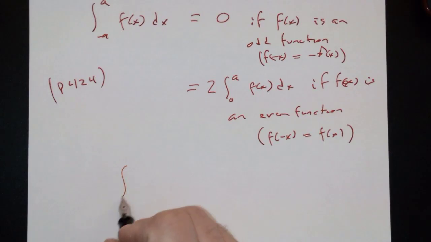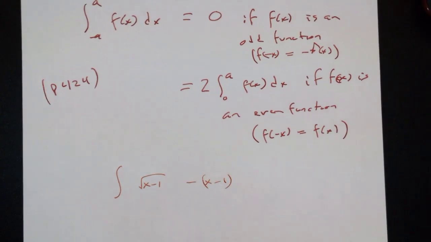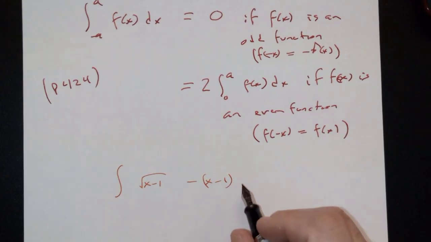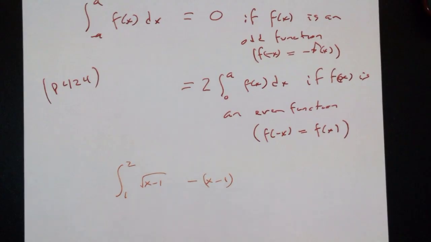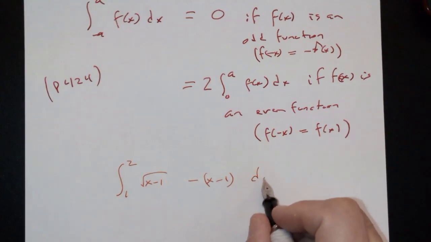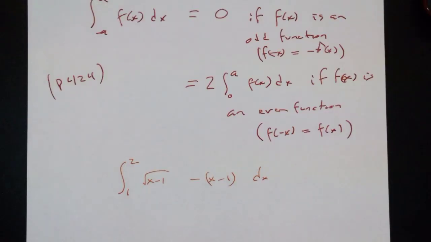So your integral involves this square root of x minus 1, and it involves the y equals x minus 1. I think it's like that. I'm not sure if that's the right order, but let's run with it. I think you're integrating from 1 to 2 in this problem. So there are two ways to do this. If you make the u substitution like this, then yes, you do it to both parts. But you could also